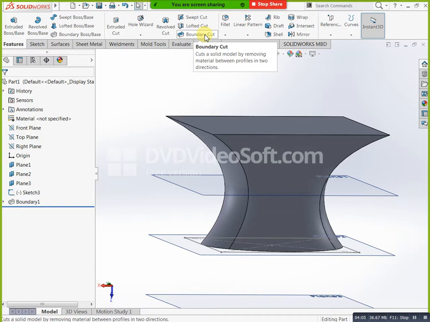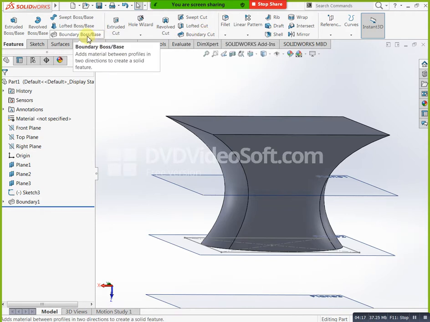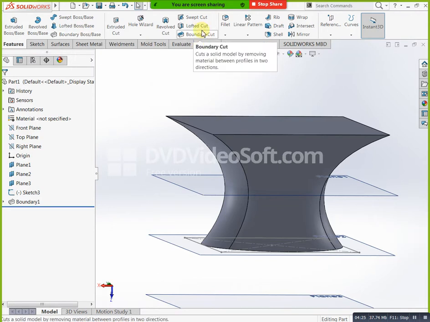Cuts a solid model by removing material between profiles in two directions. Same. And that is adding material between profiles in two directions to create a solid feature. This one cuts a solid model, an already existing model we have. From that model we need to remove some portion.